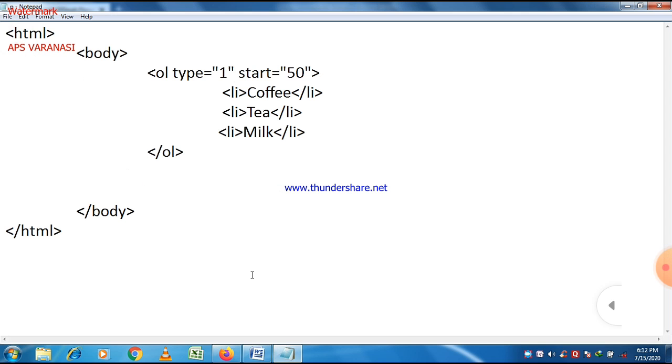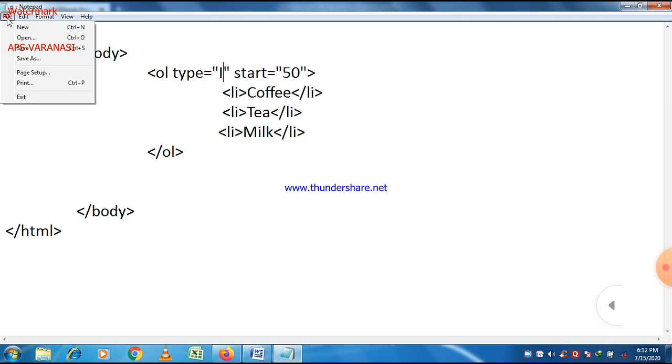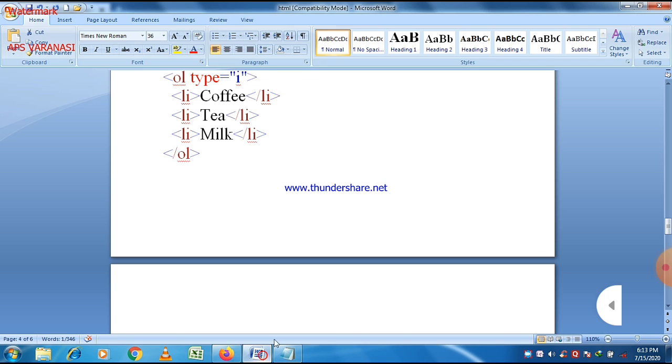Can you guess what happens? Okay, let us see. Just write capital I and then start 50. Then save the program and execute it. Refresh the web page. You can see that. Okay, so in Roman numerals, counting starts from 50.